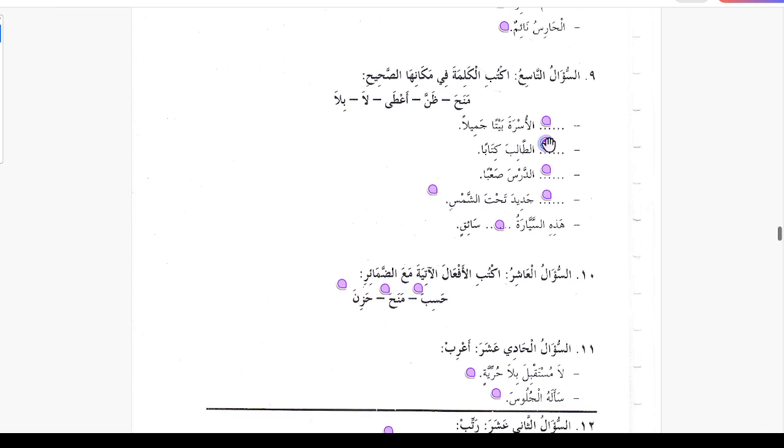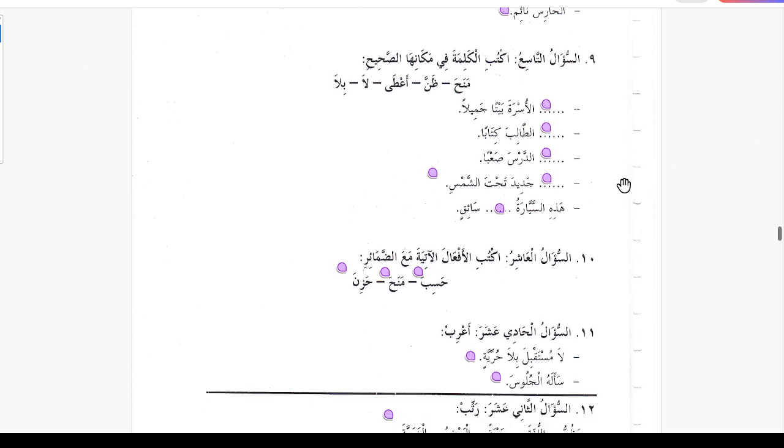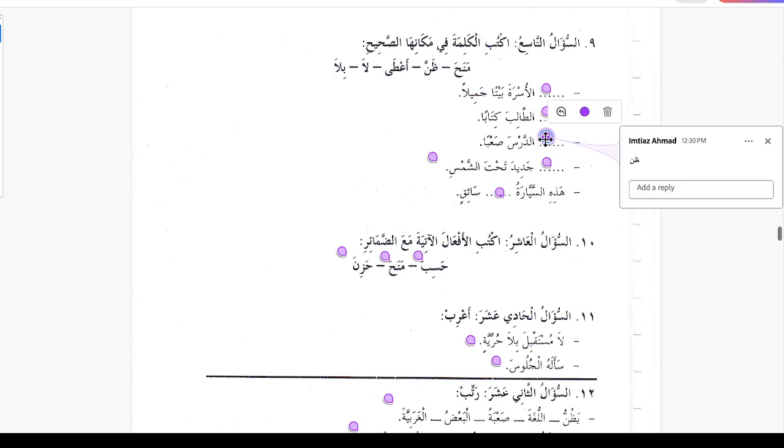For the second one, we can use ata, at-taliba. He gave the student, what did he give the student? A book. So he gave the student, first maf'ul bihi, and kitaban, second maf'ul bihi. Ata is the verb that takes two maf'ul bihi. Third one, zanna. We can use zanna here. He thought ad-darsa saban, that the lesson is difficult. Zanna is the verb that takes two maf'ul bihi. Ad-darsa is maf'ul bihi awwal, saban is maf'ul bihi sanin.